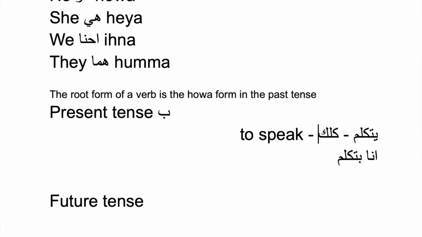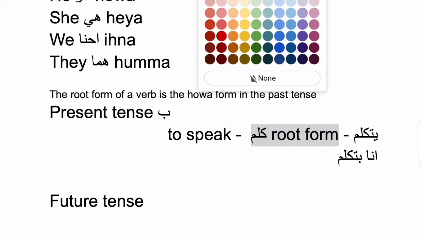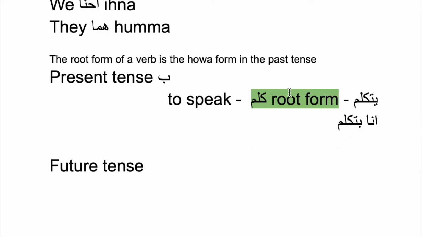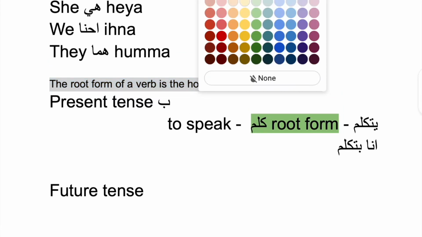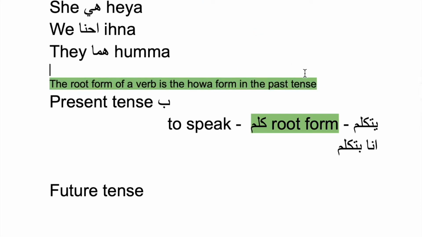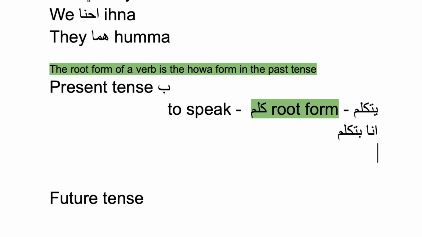And it's actually really cool being a root language because a lot of things make a lot of sense. So this is the root form. So I will highlight that. And remember, the root form is the hoa form in the past tense. So sometimes you might see in a book, you might see kalam. Sometimes you might see يتكلم. So let's continue. أنت